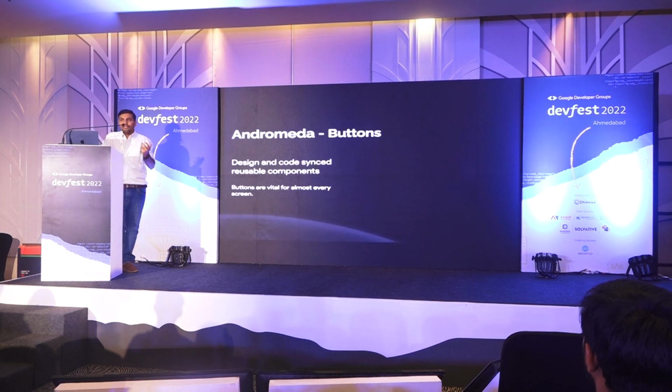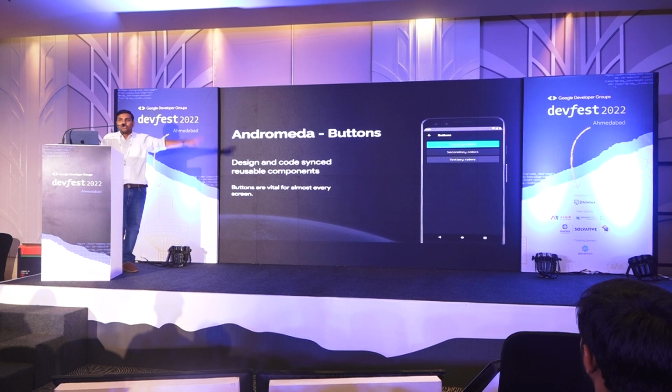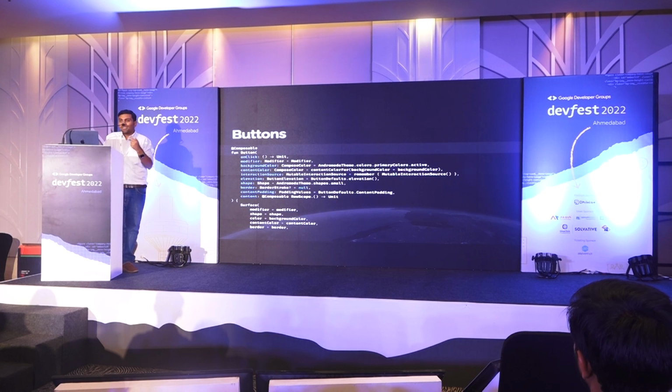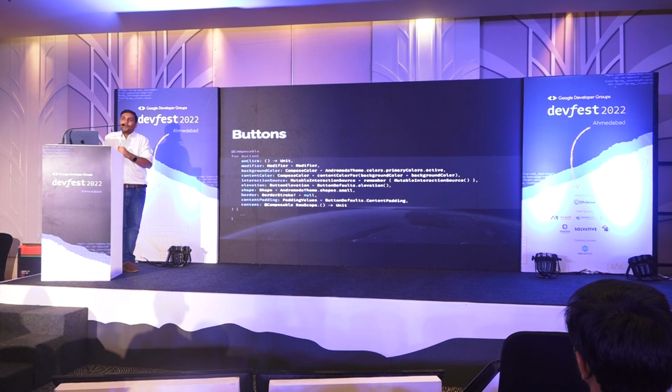Moving on, buttons. Again, I'm just rushing through. Buttons look like this: primary, secondary, tertiary. Tertiary is when you don't want an action to occur right away. You want some other implementation details, right? So just to show you what the code looks like, I'm going to be skipping some slides here, but then a button, all the fancy things that you want, the content color inside it. You also have this in material design.